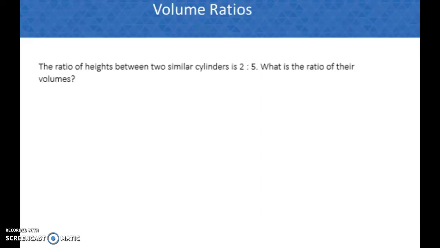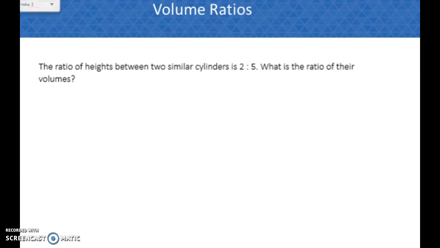Okay, so this problem says the ratio of heights between two similar cylinders is 2 to 5. What is the ratio of their volume? All right, so the first thing that I like to do is figure out, well, what is the scale factor? If my heights go from 2 to 5, if that's the ratio, what would the scale factor